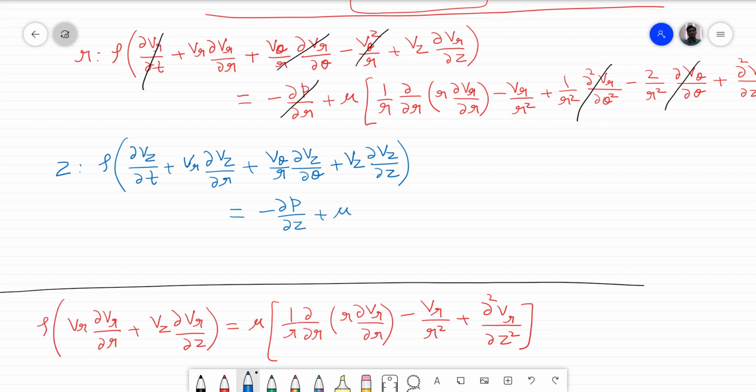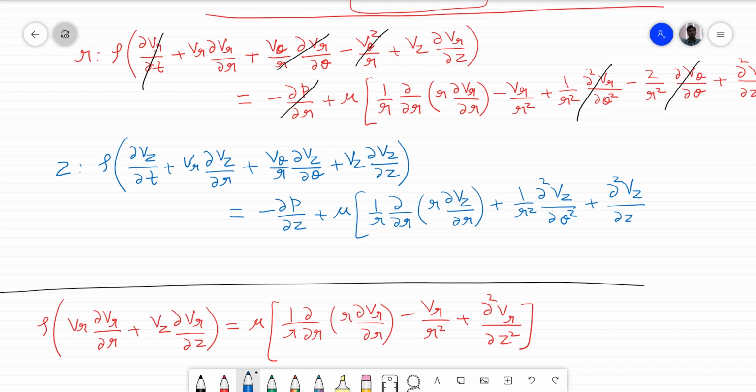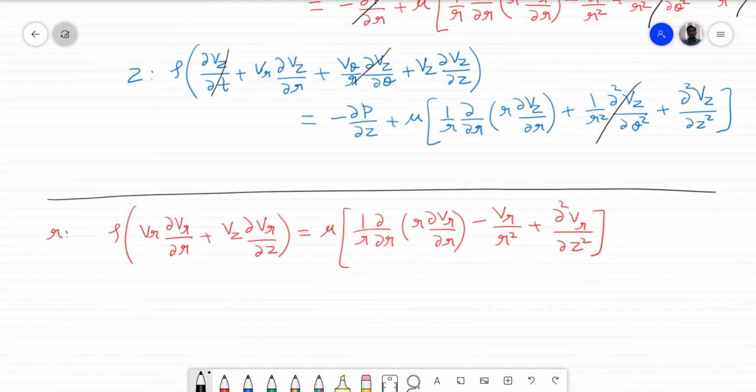and plus mu (1/r ∂/∂r (r ∂Vz/∂r) plus 1/r square ∂²Vz/∂θ² and plus ∂²Vz/∂z²). Now here we can cancel out this term, steady state and no change in theta direction. Similarly, this one also, no change in theta direction. Now we are left with